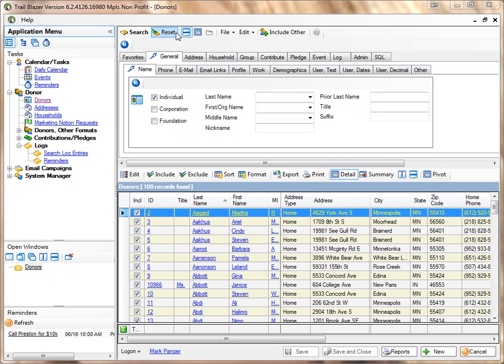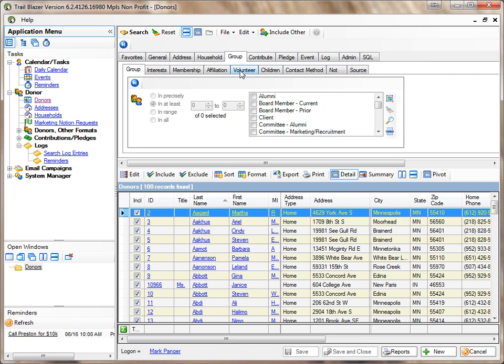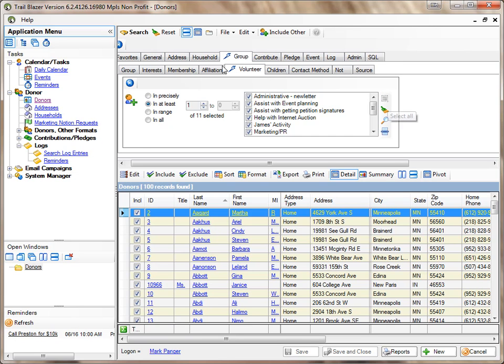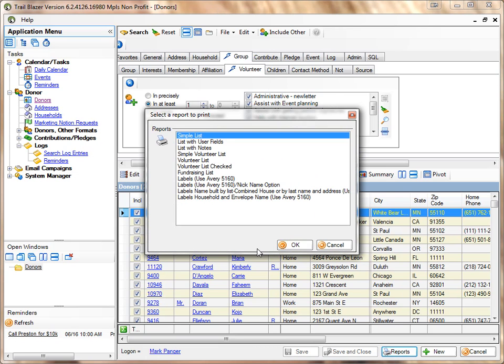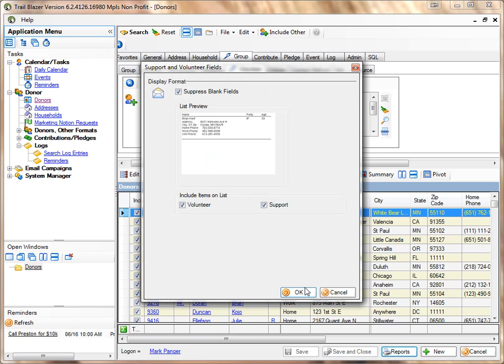I'm going to go do a query of my volunteers. I'll reset, I'm going to group, I'm going to go to my volunteers. I'm going to get all my volunteer people. So in my database I've got 246 volunteers. I can also go to my reports and say give me a volunteer check list by check, and I don't want the support, so I'll click that off,